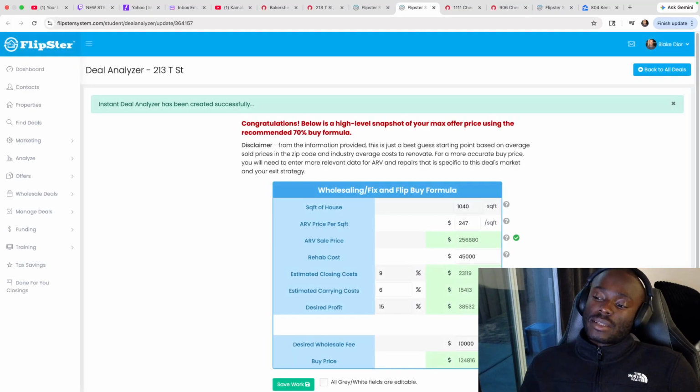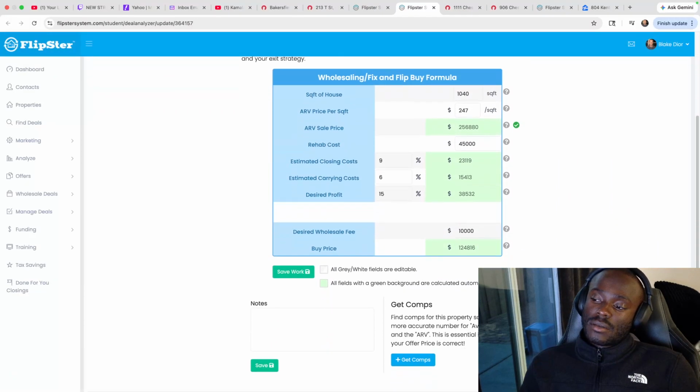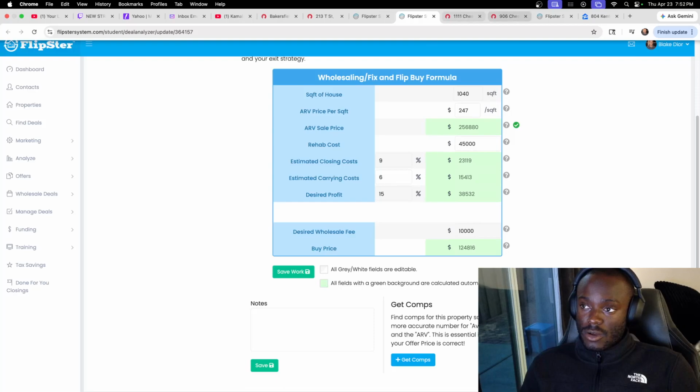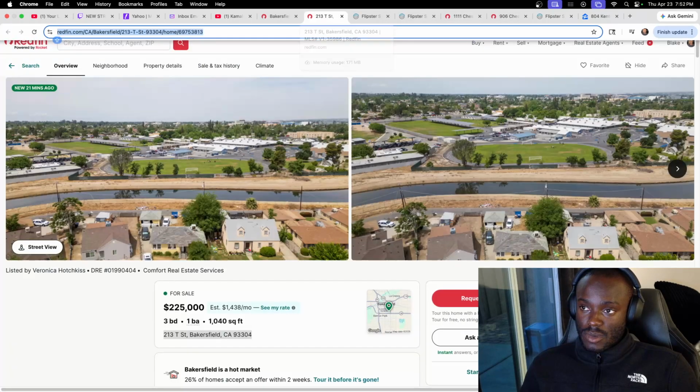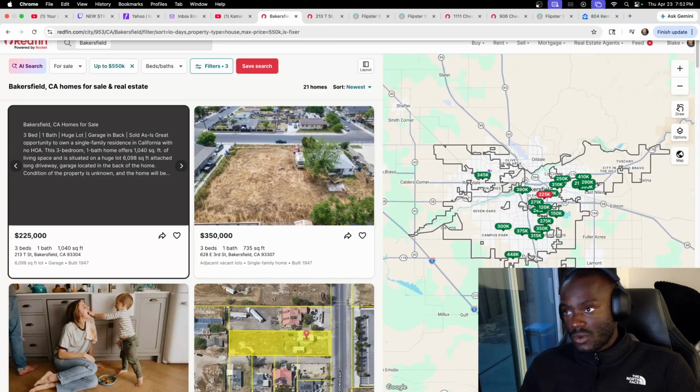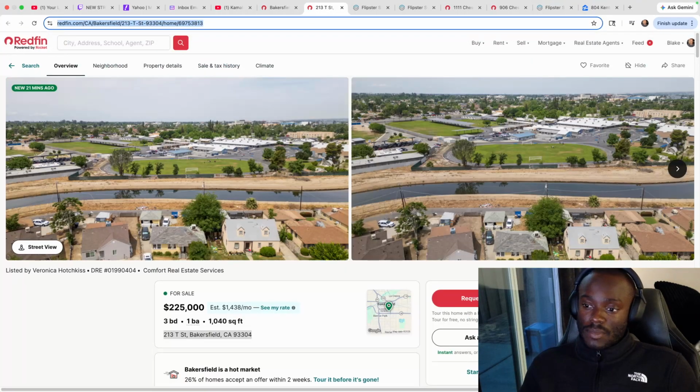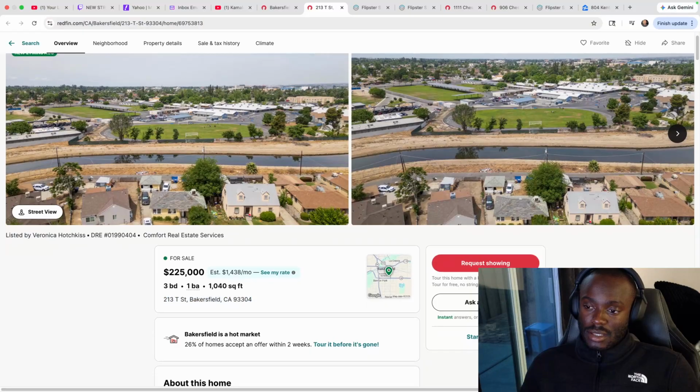So our offer price is gonna be around 124,000, which is not really realistic because if we look at homes that recently sold in this neighborhood within the last year, I'm sure there's nothing on this market that sold for 124,000. So what I'm gonna do just to make sure of that is double check the zip code.